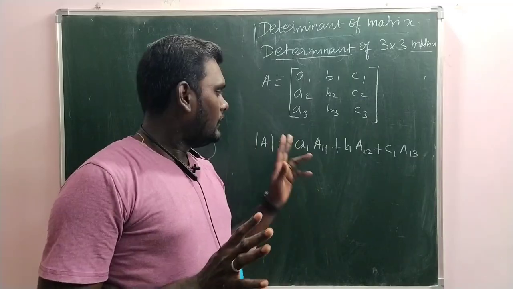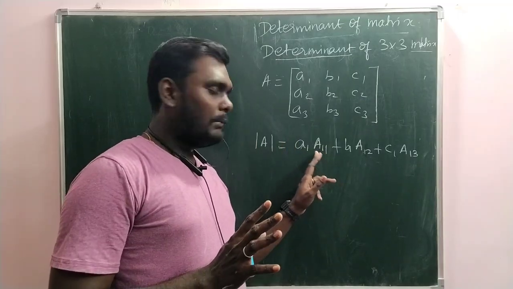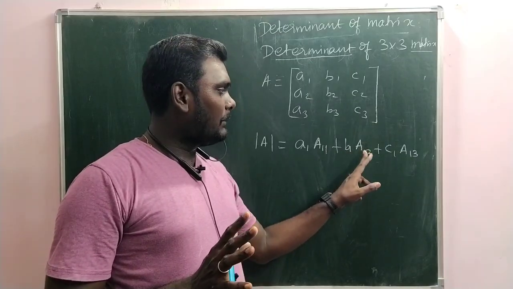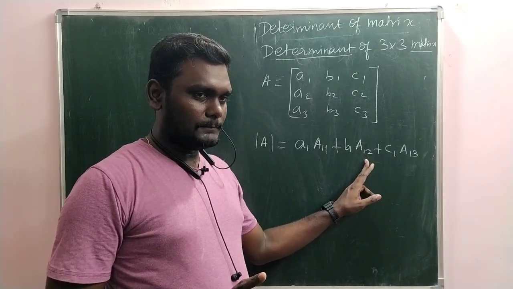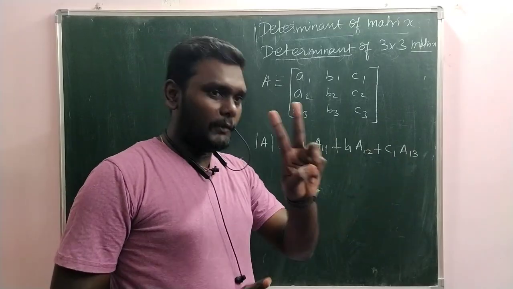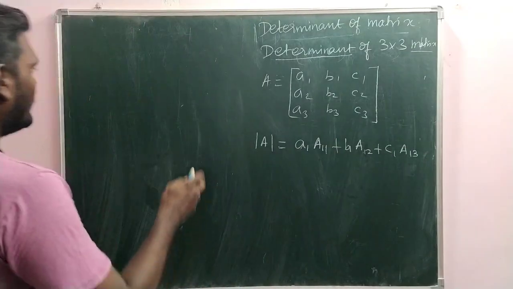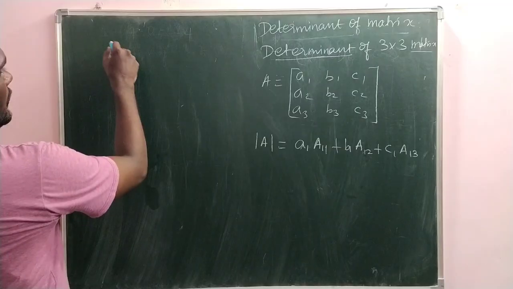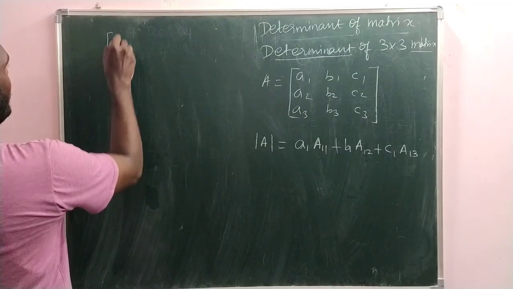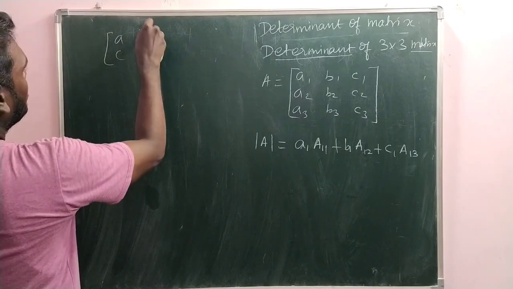Determinant value means the first element multiplied with the cofactor of the first element, plus second element multiplied with the cofactor of the second element, plus third element multiplied with the cofactor of third element. Even for 2 by 2 we have done the same thing. For this 2 by 2 matrix like A, B, C, D you will take